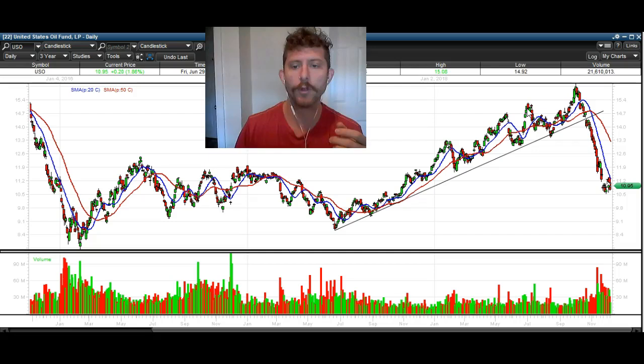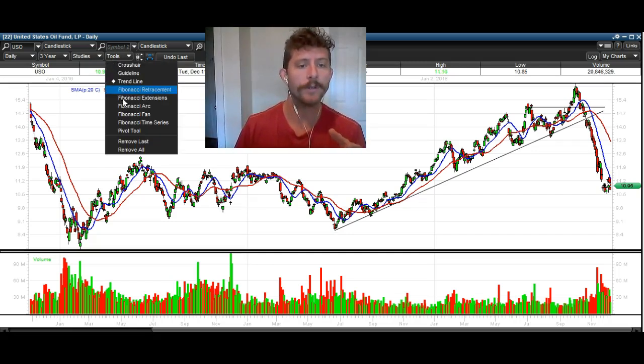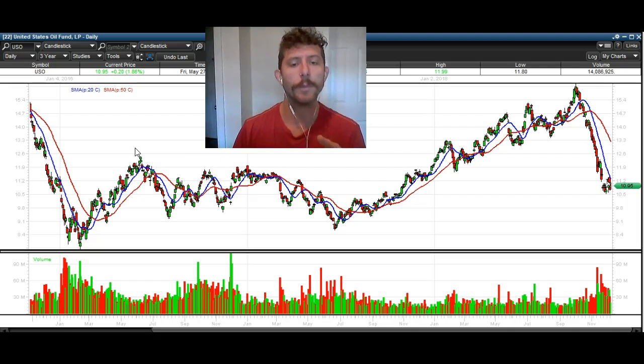Okay, we also had a false breakout. You can see we had that resistance right there, and we broke out over here, and then we broke right back under. So we broke back below that resistance. To me, that wasn't enough to signal a short trade just yet. But then once we broke this trend line here, I said that oil was likely going to head lower. And look at this, just a huge, huge move since we told you guys that oil was likely to head lower.